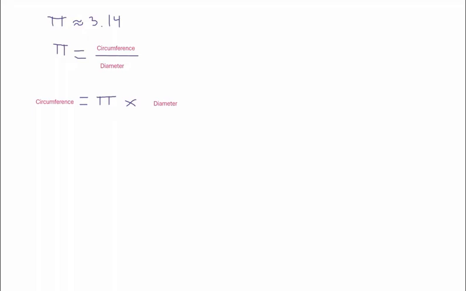So perfect, now that we have that, we can also write this if we want to simplify it, which we'll most likely be doing in our future problems. We're going to write C for circumference is equal to pi